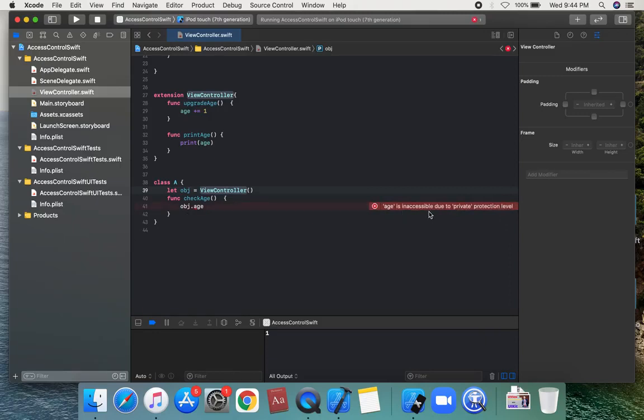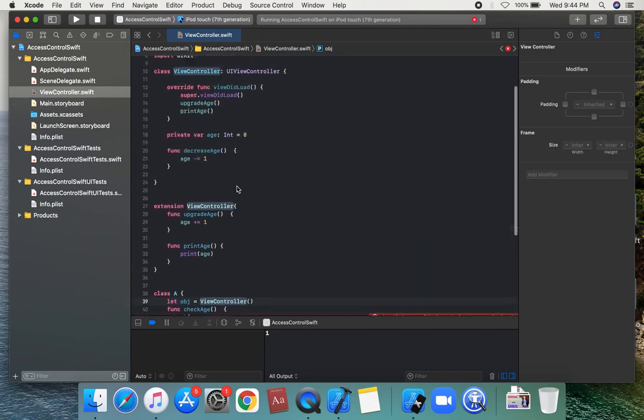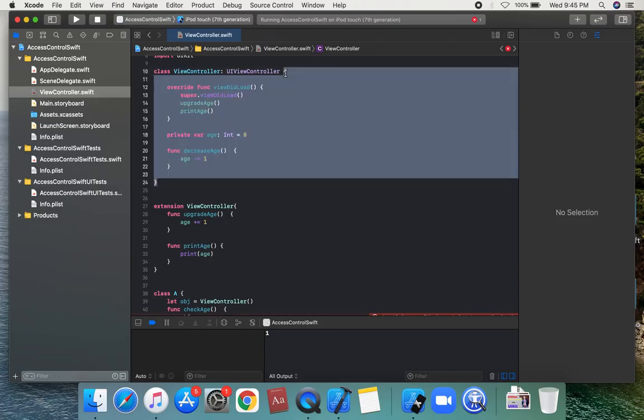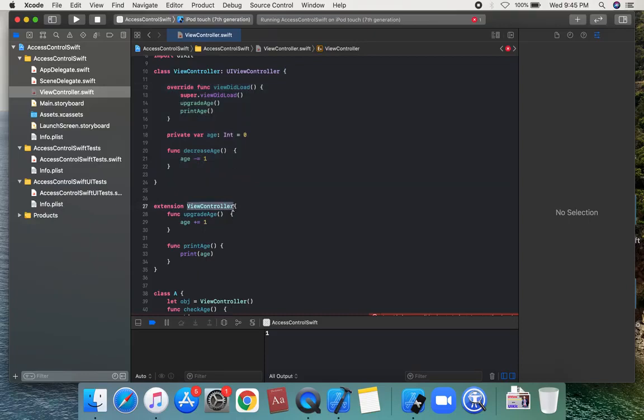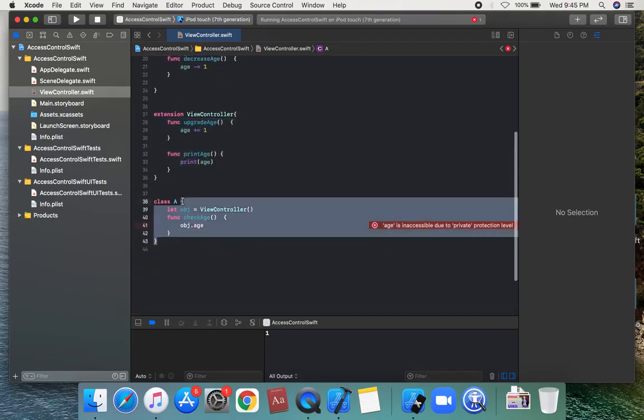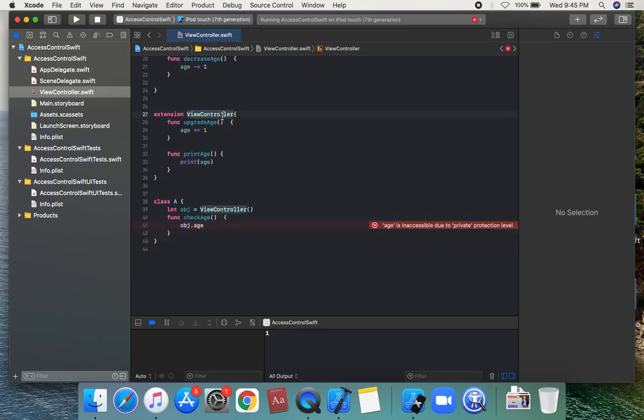So if we declare any properties private inside a class, then this property will be accessible inside that class and all of its extensions, but not in another class, in this tutorial of private.